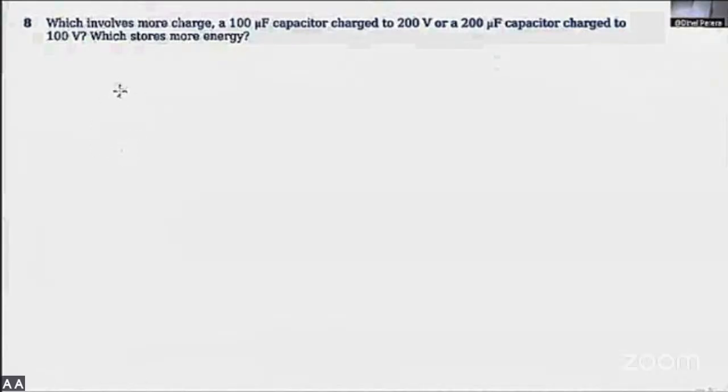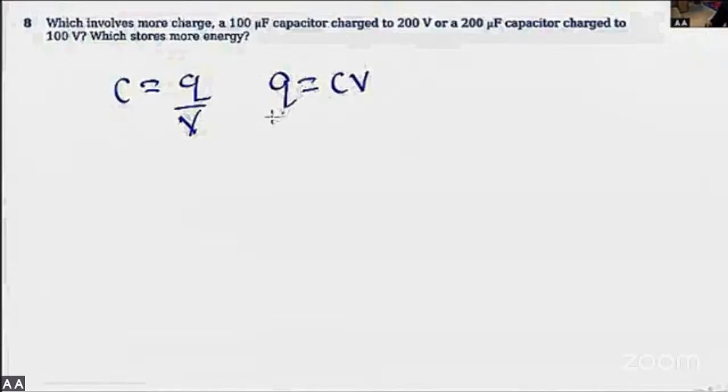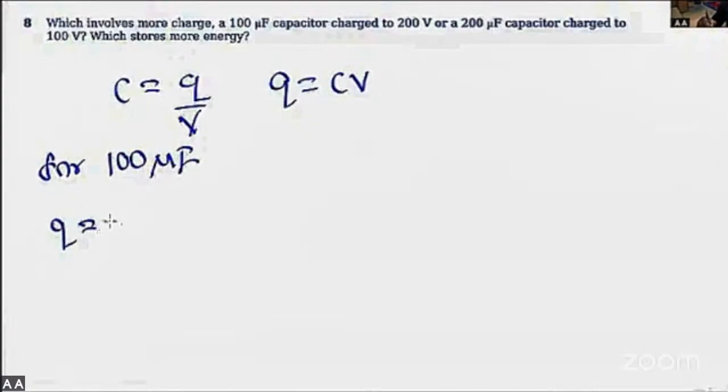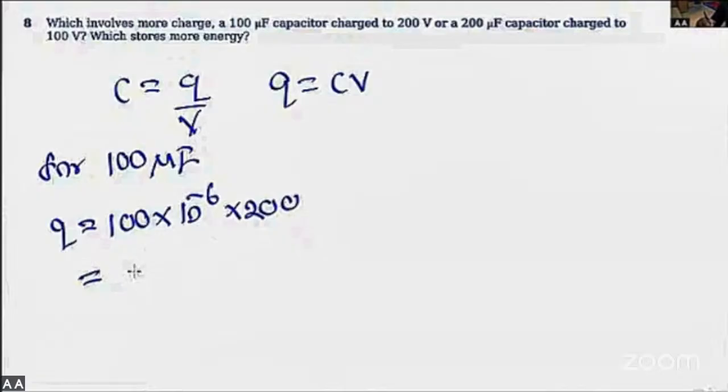Then we can use the equation C equals Q over V, so Q equals C into V. For 100 microfarad, Q equals 100 into 10 to the power minus 6, voltage 200. Then it is 2 into 10 to the power minus 2